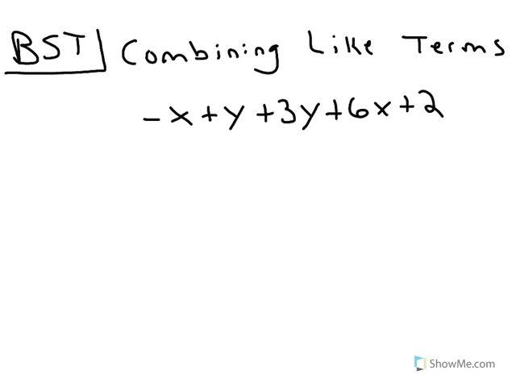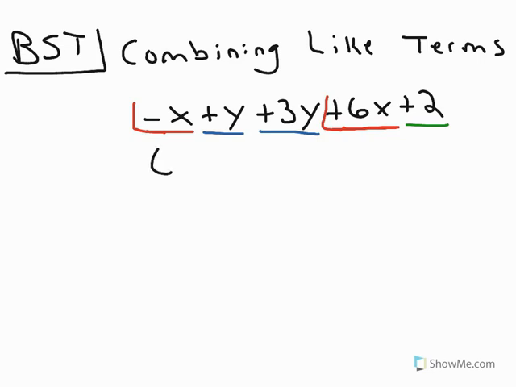What I like to do first is either use different colors or different shapes to show me which like terms I have. So I'm going to highlight all my x's in red, and you've got to make sure you keep the sign with it. So I'm going to keep the plus with the 6x and the negative with the x. Then I'm going to take blue and do all my y's, and then I'm going to take green and do all the other ones. So now what I like to do is use the commutative property and put them all next to each other.